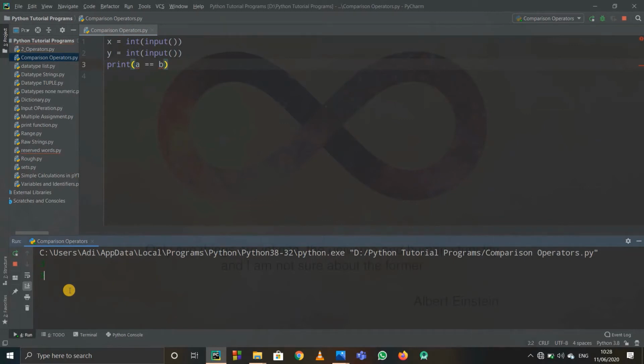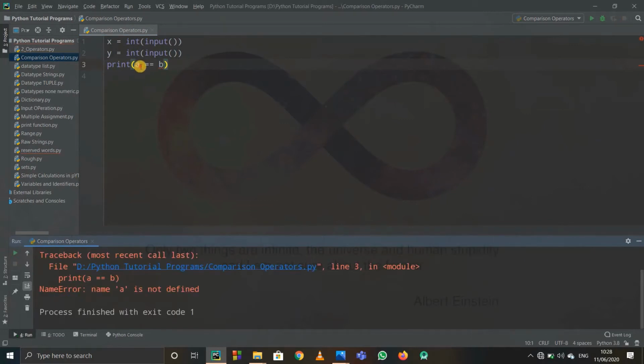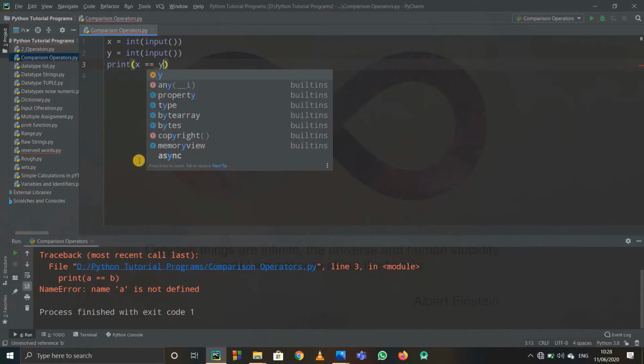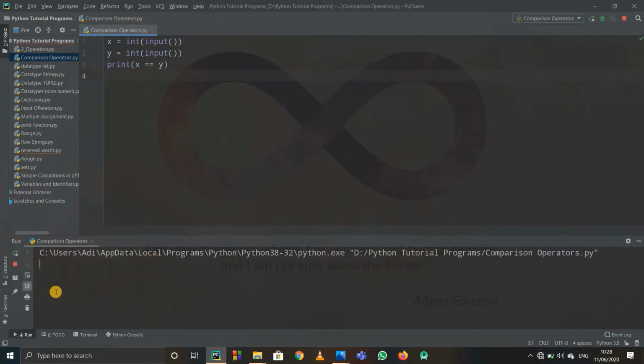And if I run this program, first of all I enter two numbers. Suppose I enter 3 and 5. They are not a and b, they are x and y actually. If I run this, the output is false, obviously, because 3 and 5 are not equal. Now if I write 3 and 3, then the output is true because they are equal. After that, the same goes for less than, if x is less than y. Again we write 3, 5: 3 is less than 5, so true. If we write 5 and 3, then 5 is greater than 3, so it is false. Again we can use less than equal to. This is less than, this is greater than, x greater than y.